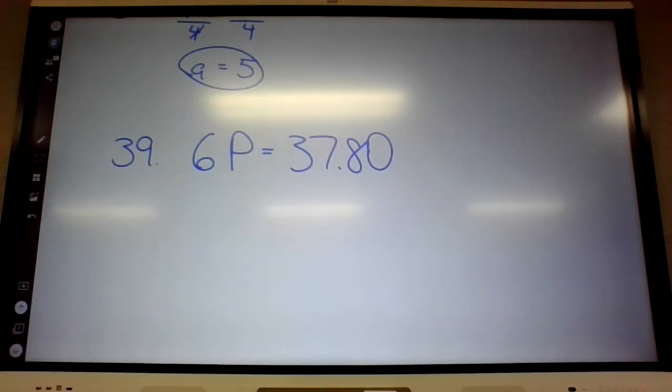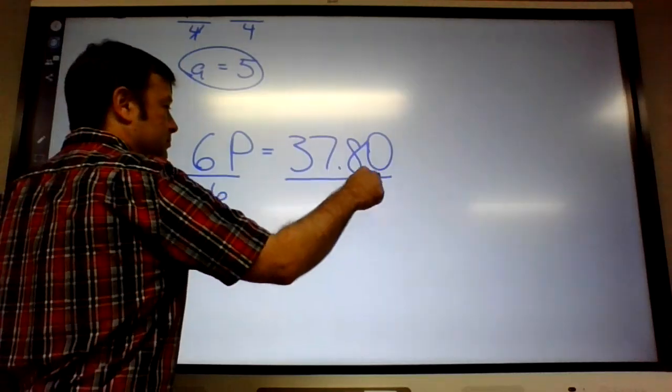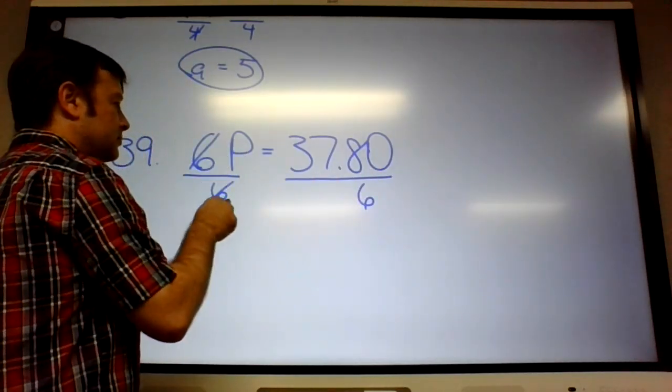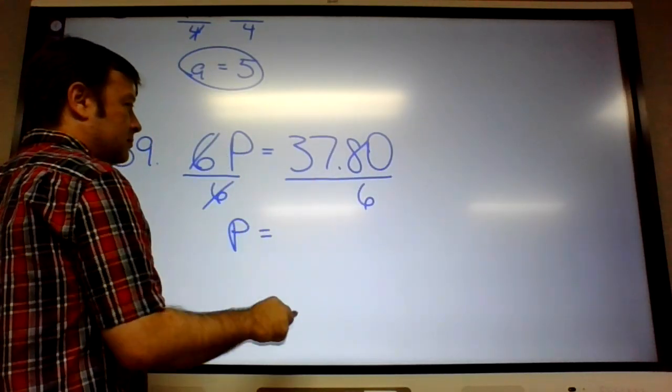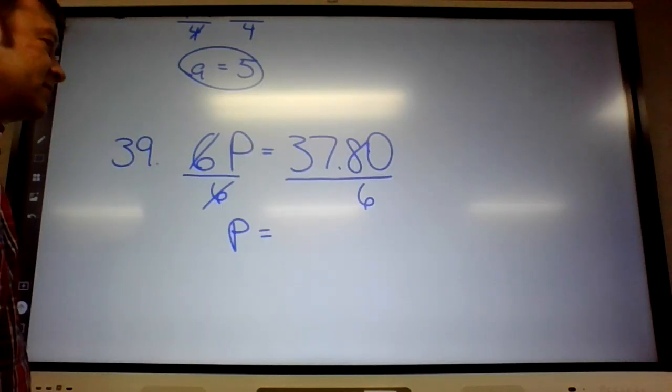And then, Isabel, what would you do to solve that? Divide by 6. Yeah. So do 37.8 divided by 6. Let's see, I think this is like $6.30,